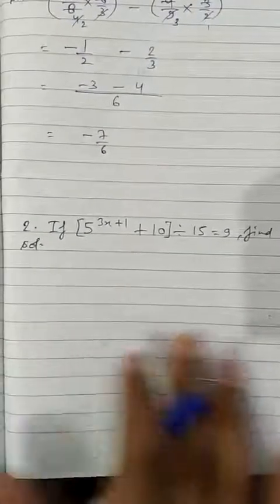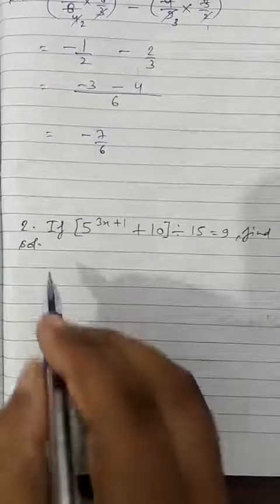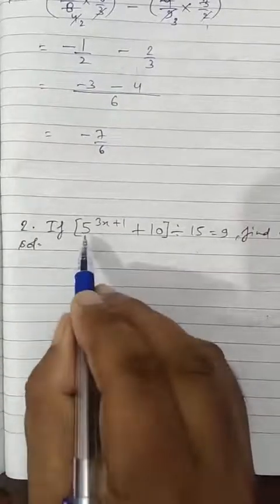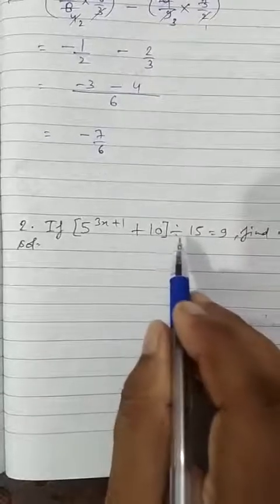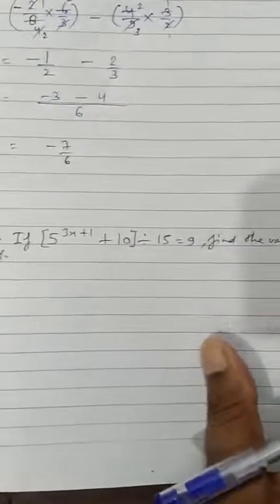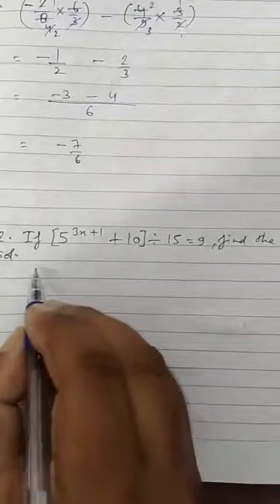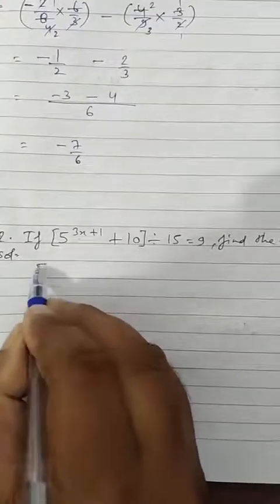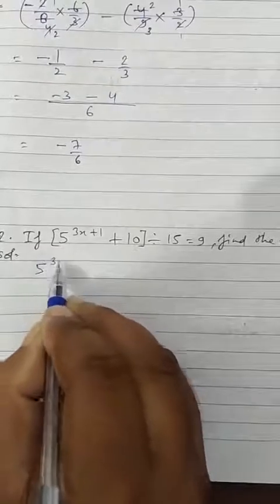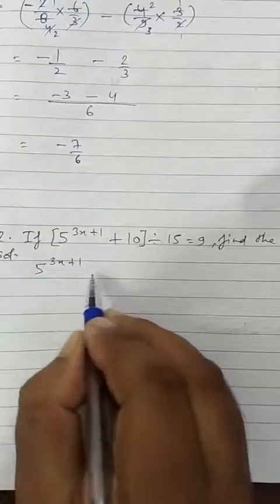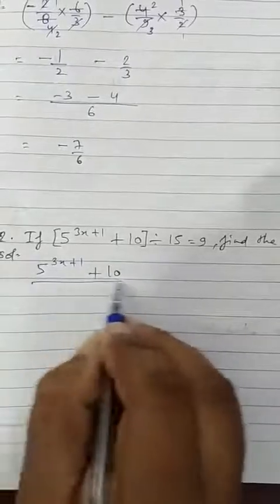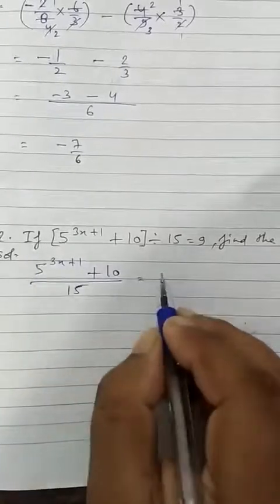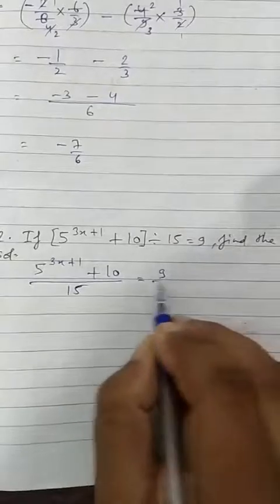Our next question is from exponents. If 5 raised to power 3x plus 1 plus 10 divided by 15 equals to 9, find the value of x. So first we can write it like this: 5 raised to power 3x plus 1 plus 10 divide by 15. You can write it below. Now we can cross multiply it